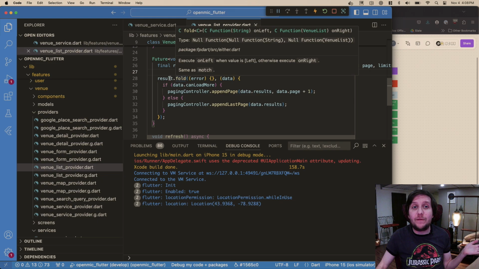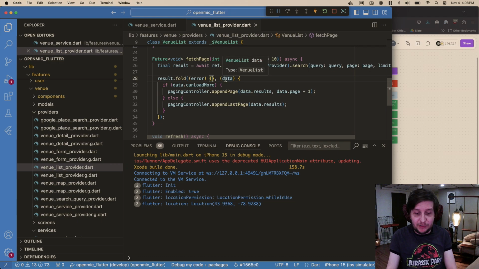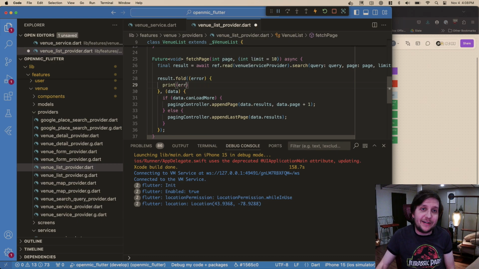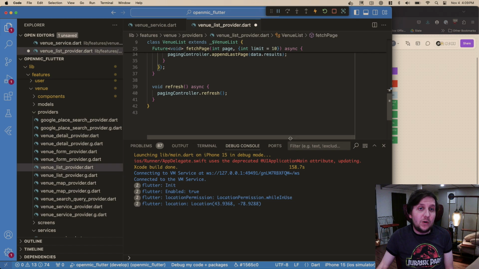Because our result can be either a string or venue list, we fold on it. The first one is if there's an error. We haven't got too far; I should probably be at least printing the error, cool. And otherwise, the second is when something went correct, in which case we know this is a venue list, and we can do things to it. So yeah, we have stuff like that.